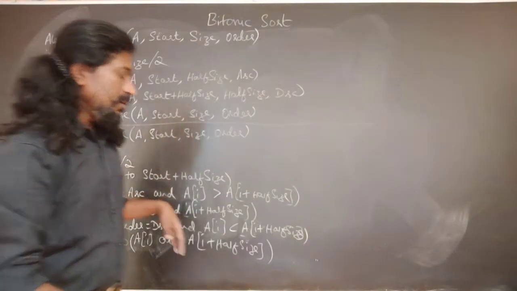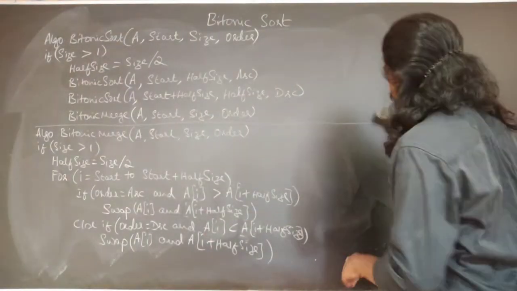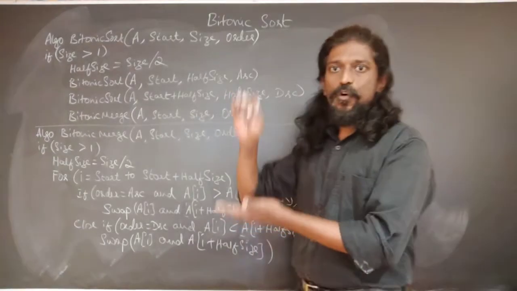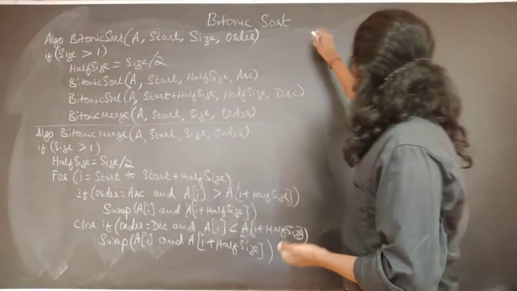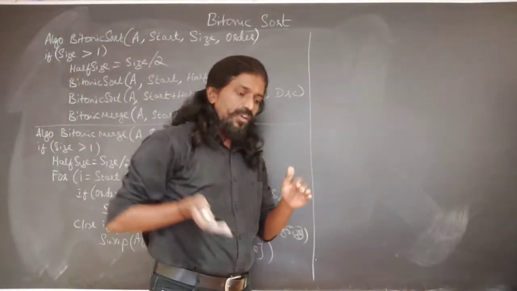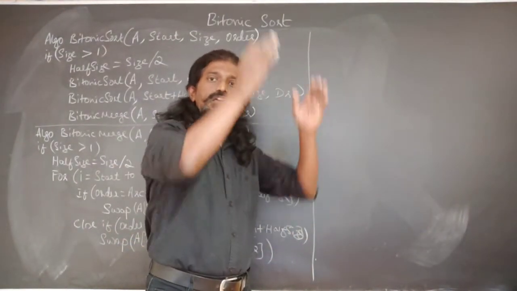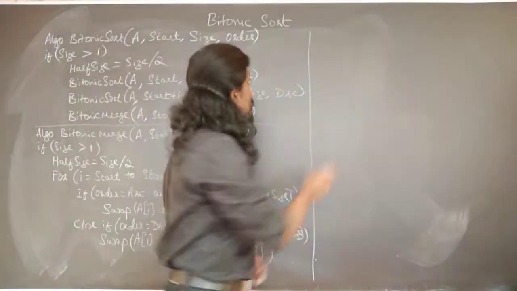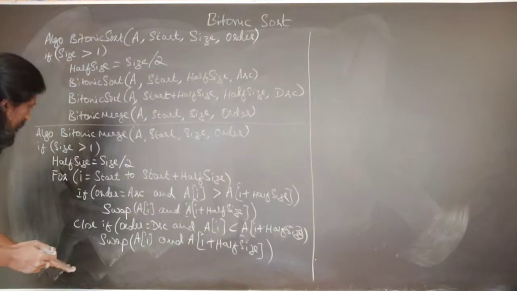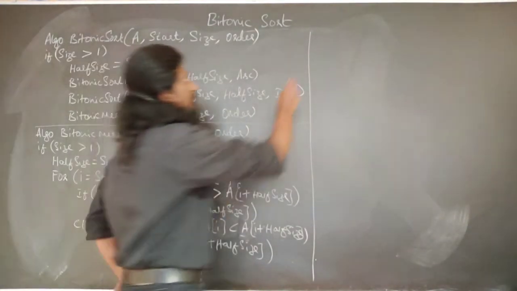If you can recall, the algorithm doesn't stop here. As soon as we compare the subarrays of size 4, we don't stop. We will continue further. What are we going to do? We are further going to divide the array into half sizes and then we are going to merge them. How are we going to merge? Using the same logic. So we need to call the same function again recursively,